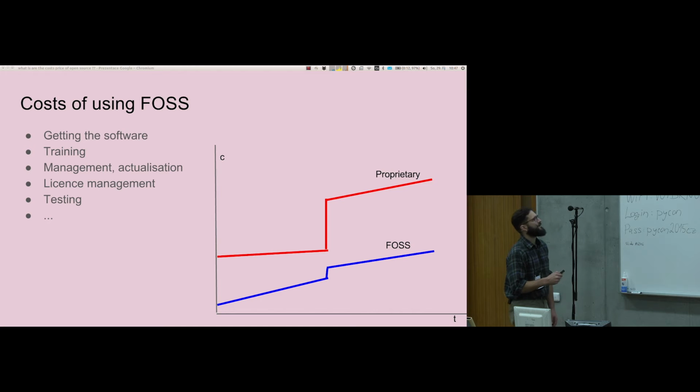With open source software, you have to download the data from Git, so the initial costs are close to zero, but you have to invest in learning, right? You have to read the documentation and so on. But then when there is a new version, my experience is usually it's not so steep anymore, because there are not so many changes, they are backwards compatible, and so on. You could be prepared for it. However, during this time period, there could be several versions of open source software, so maybe it would get higher.